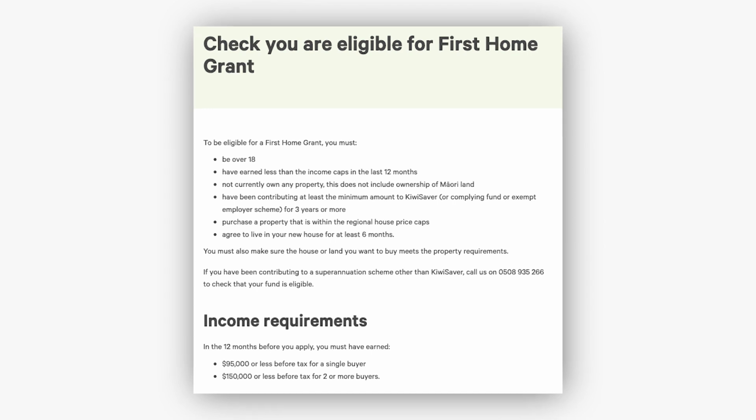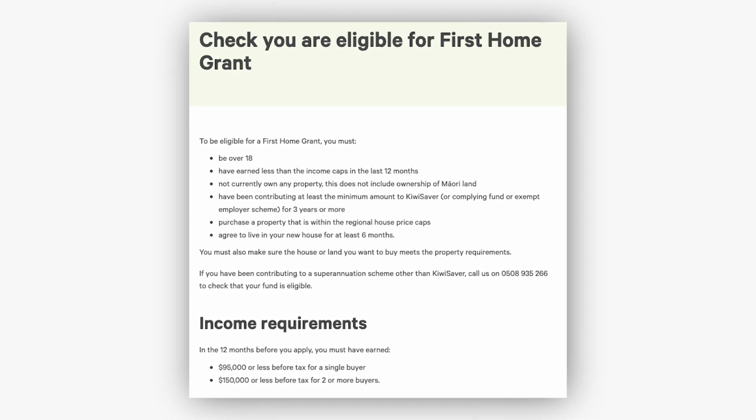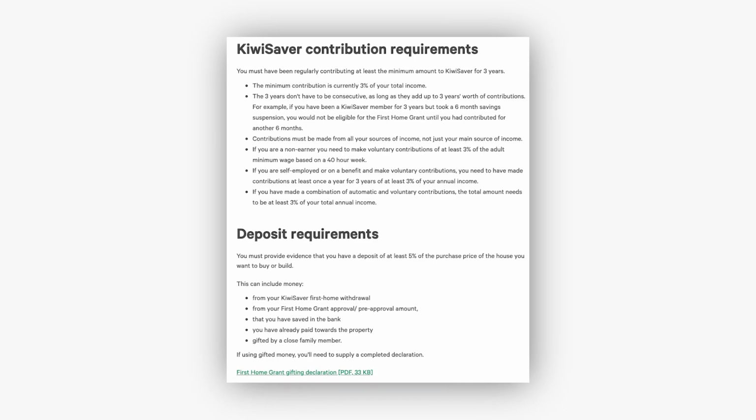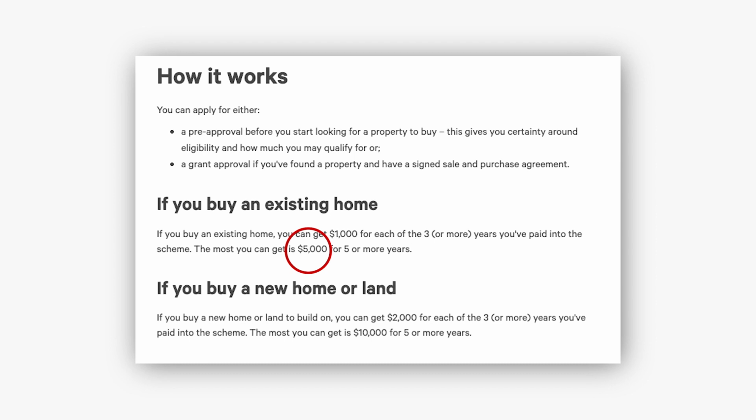So on the screen here, I'll be leaving the criteria, and this will just show you if you're eligible for the grant or not. And even if you're not in the market or currently can't afford a house like me and most other people, following the grant's criteria through your teenage years and early 20s could make you a lot in free money. Because if you do eventually buy an existing home, you can get up to $5,000 for free